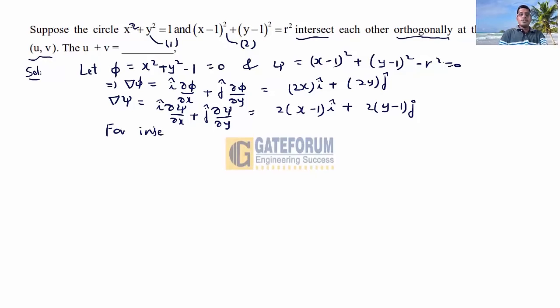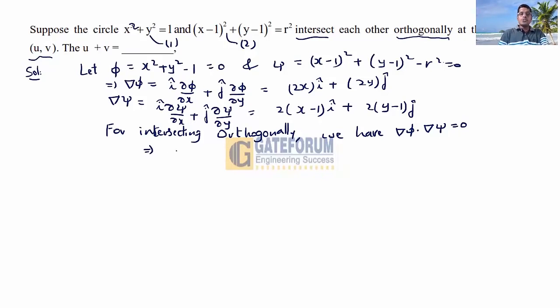For intersecting orthogonally, that is, the angle between the two curves makes 90 degrees. We have, according to vector calculus, the normal differentiation method also, you will be getting del phi dot del psi is equal to 0, which implies